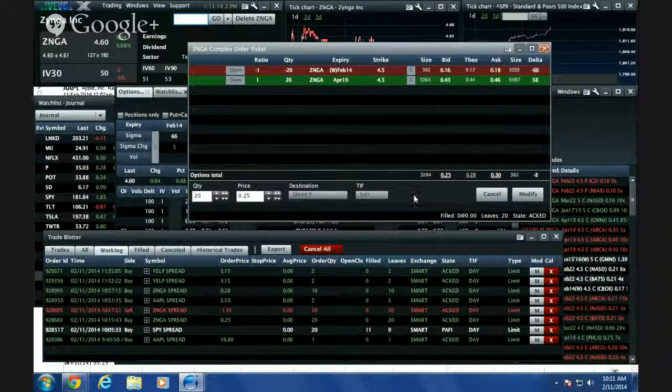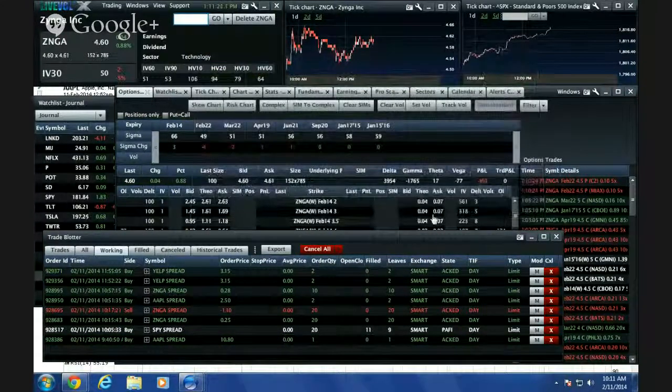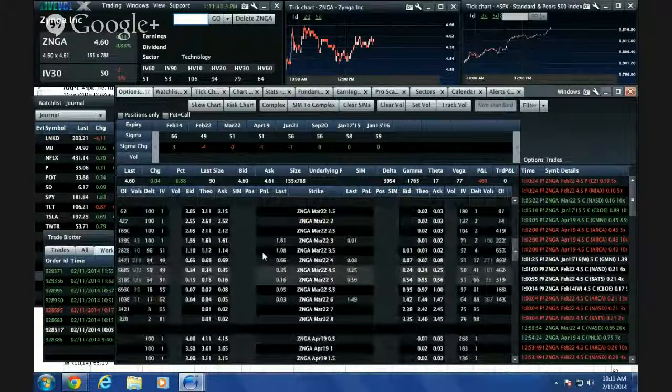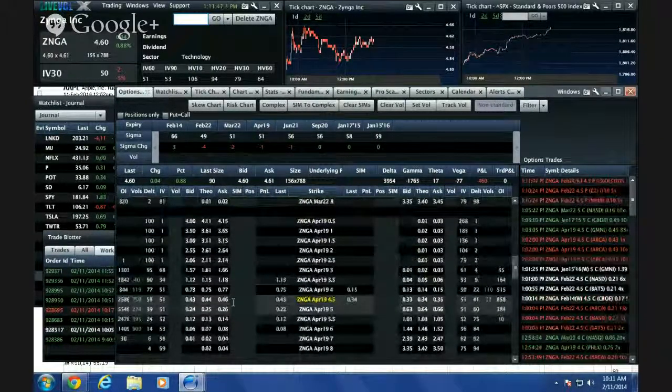The reason I'm trying to do this is if I pay 25 cents, and let me look at what the premium is. It might be, say, 16 and 61. So there's about 5-6 cents worth of premium in these options, and it's already Tuesday, so on Monday it might be higher. There's 10 weeks. So if I feel like it's going to stay here, and I can keep rolling the Feb 4.5s, I eventually will buy the April 4.5s for a credit,